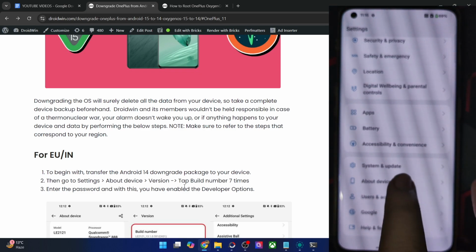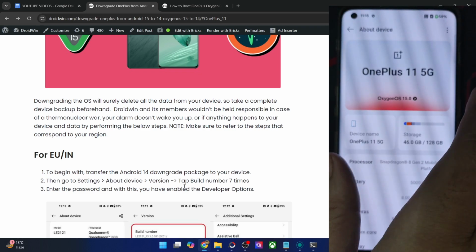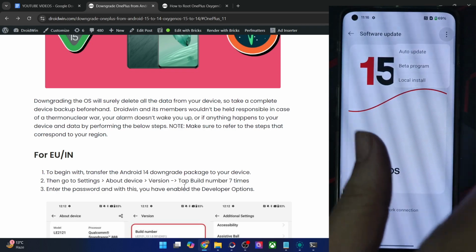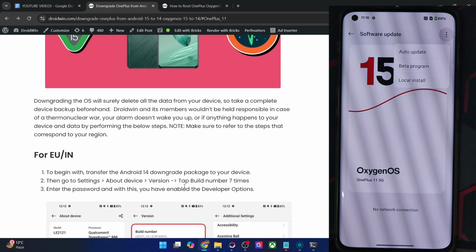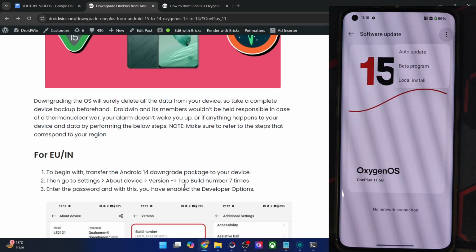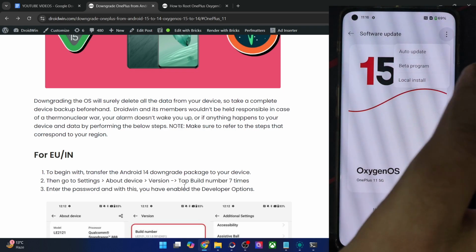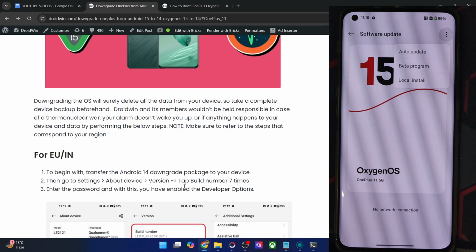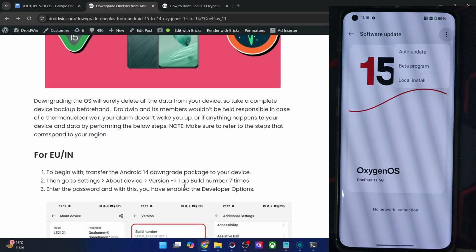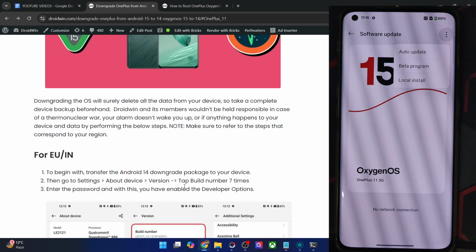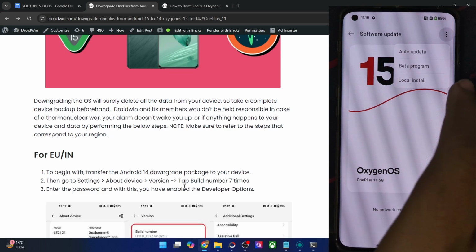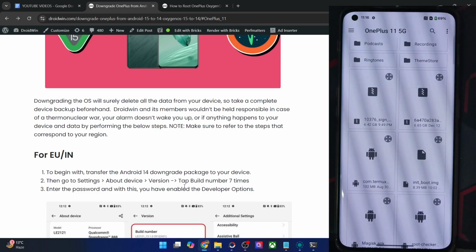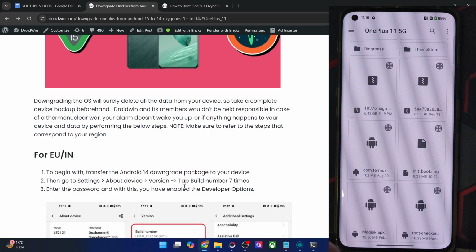So now go to About device, tap on OxygenOS 15 and now tap on the overflow icon at the top right and you should now see Local install. If you haven't removed the data of the software update, then the local install option might be grayed out. Likewise, if the developer option is not enabled, the local install might not be available. So make sure to check both these options, and once you have done so, you will now see the Local install option. Choose Local install and now simply select the rollback firmware from here.